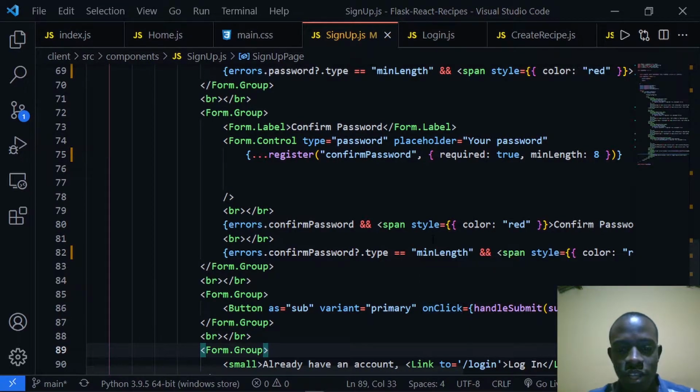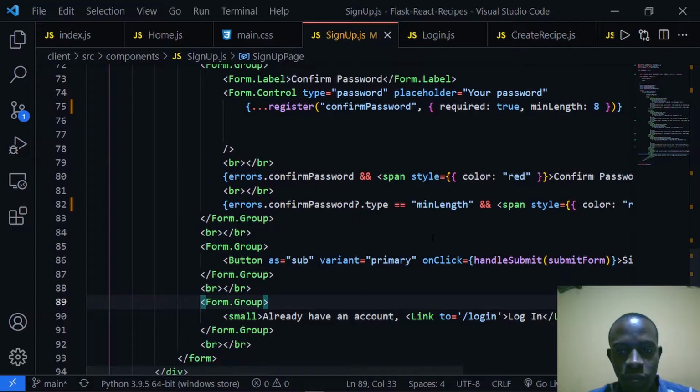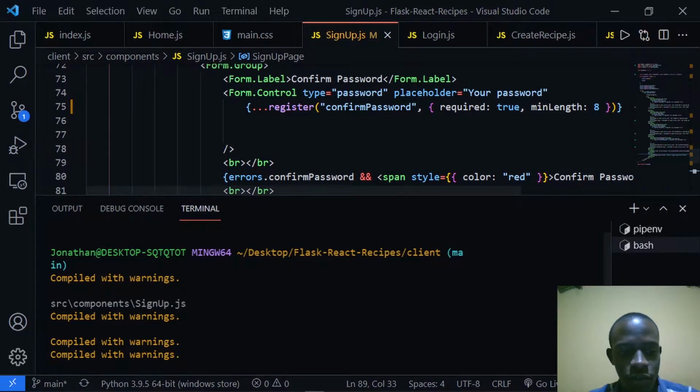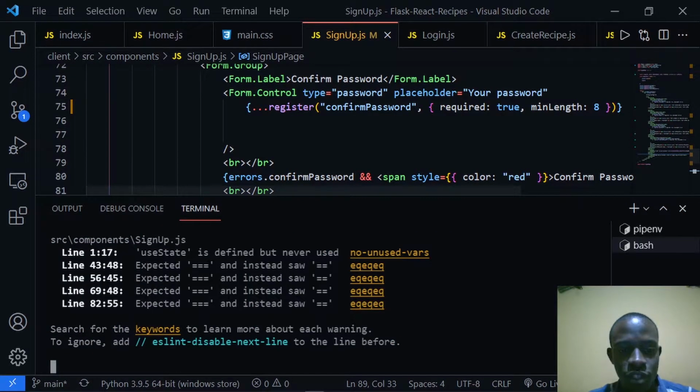So right now, we see that we're having these validations, and if we check our development server, we have a lot of warnings such as that they expected this instead of this, and what this means is actually that we need to change these double equal signs to these triple equal